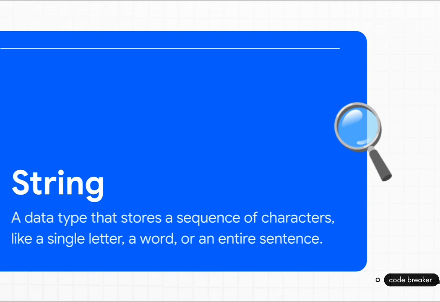So what exactly is a string? It's just a data type for storing a sequence of characters. And that word sequence is everything. It means Python sees text as an ordered line of characters, one after another. Doesn't matter if it's a single letter or a whole book, it's all just a sequence, and that's what lets